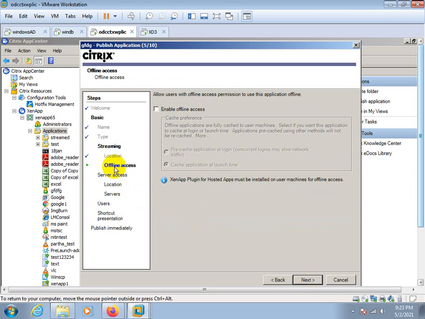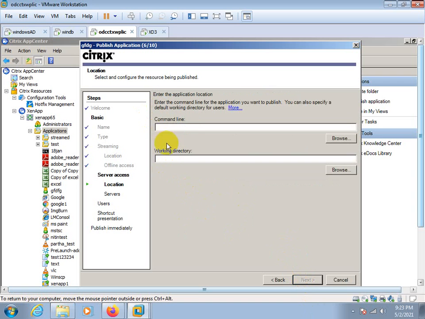Next, offline access. Enable offline access. If you do this, it will enable offline access. If you don't, it will not enable offline. Only select the checkbox. If your client wants to enable offline access, you need to check it. Next, command line.